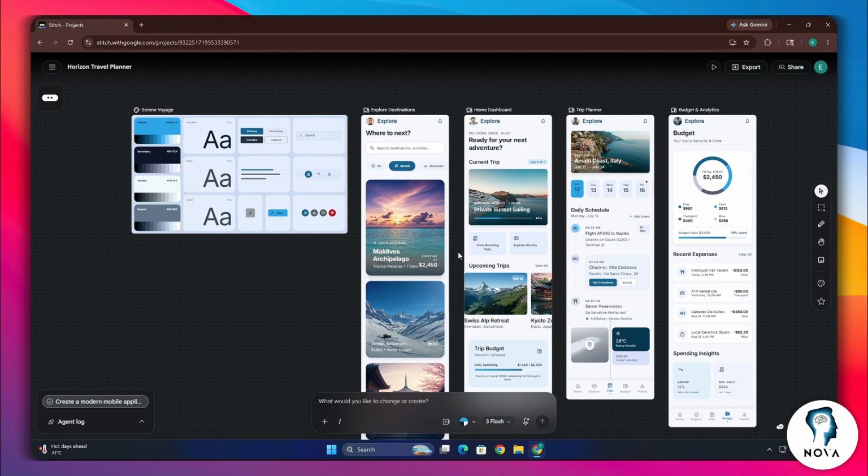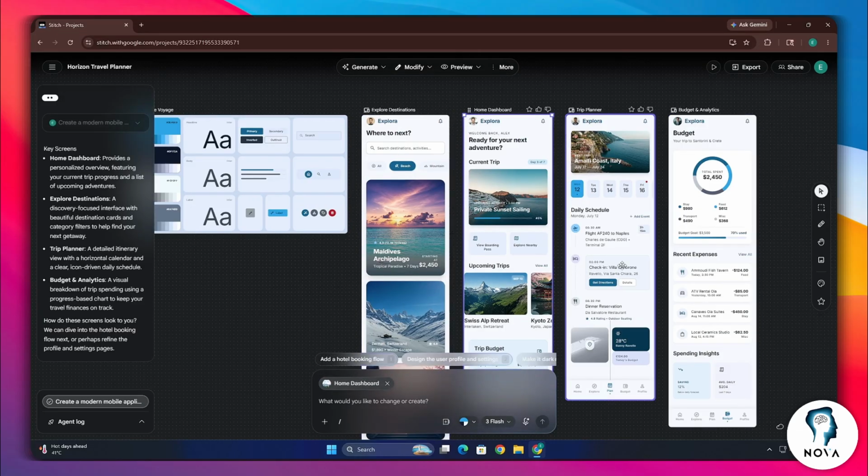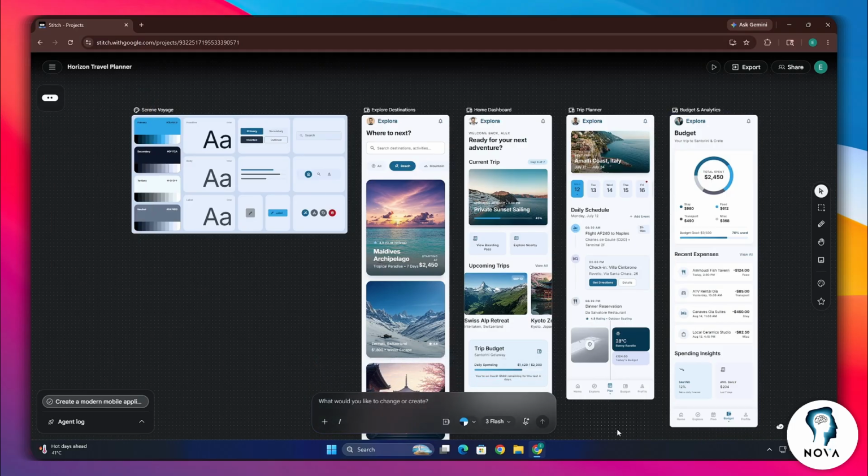And that is pretty much everything you need to know about using Google Stitch for UI design. As you can see, the platform makes it much easier to turn ideas into professional-looking interfaces using AI. Whether you are creating mobile apps, dashboards, websites, or startup concepts, Google Stitch can save a huge amount of time during the design process. Hopefully, this tutorial helped you understand how the platform works and how you can start building your own